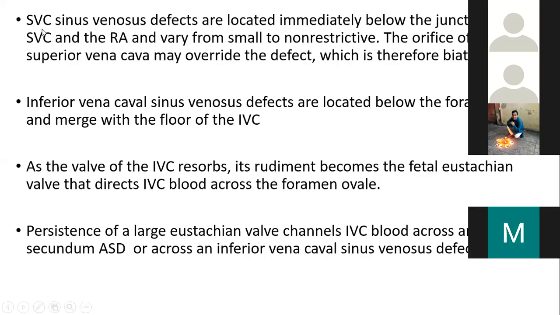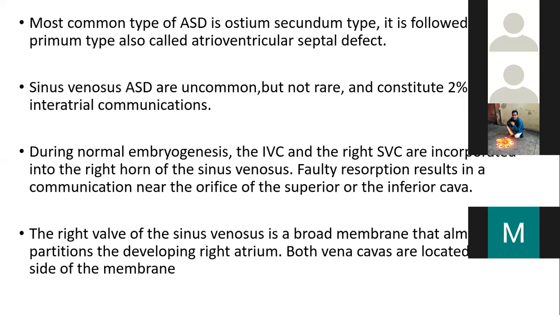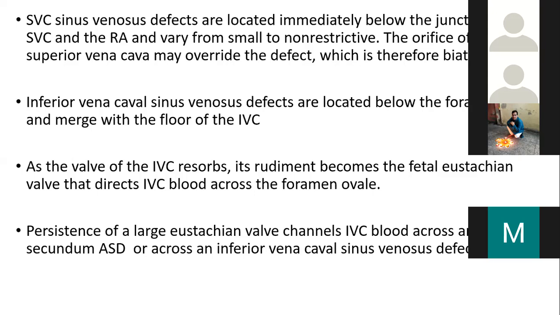So how frequent is the association of PAPVC with ASD? In case of sinus venosus, it is 90%, and in case of ostium secundum type, I will tell you more about that later. Even in ostium secundum, 10% of all the ASDs can have pulmonary veins which can be abnormal. That is why when you take the patient on the table, you must always be certain.